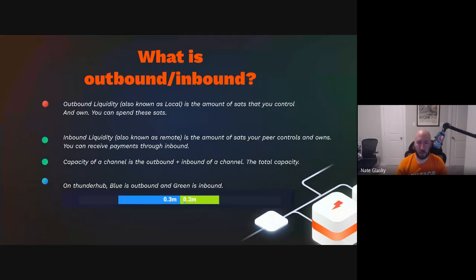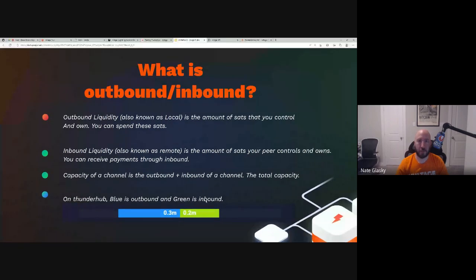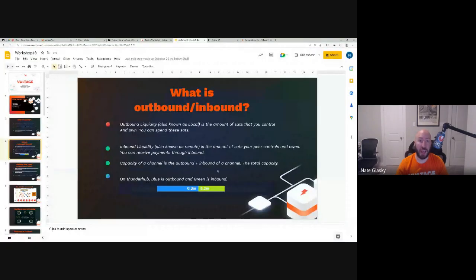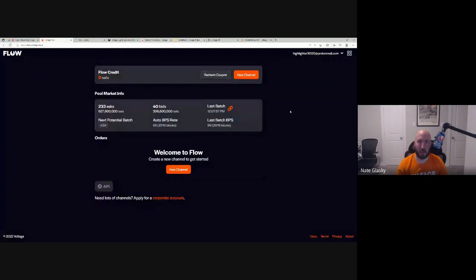Your channels are going to look like this. And your blue side is the side that you own, which is called outbound or local liquidity. And then the green is the side that your peer owns, which is your remote liquidity. So what Flow does is you essentially pay somebody to open a channel with you, to put it simply. And that's important to receive.